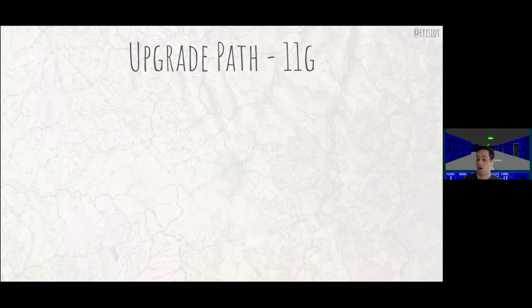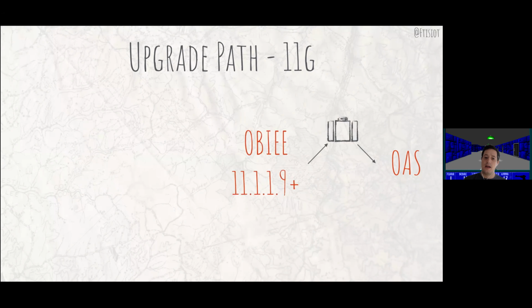From 11G or from any 12C, which is not the latest version of 12C, you always have the opportunity to do what is called an out-of-place upgrade. So you still want to go to OAS. If you are on the 11.1.1.9 plus, you can create an export file and include the export file in OAS directly.